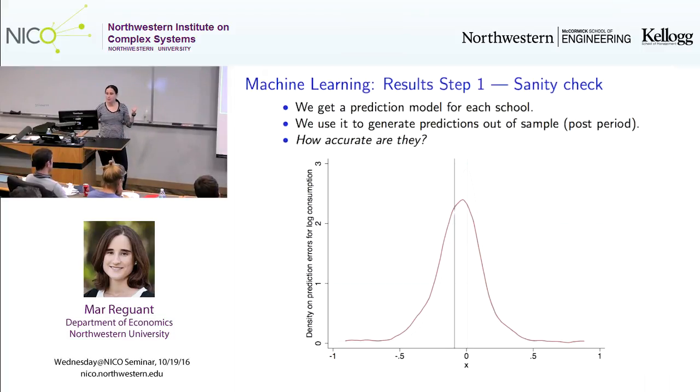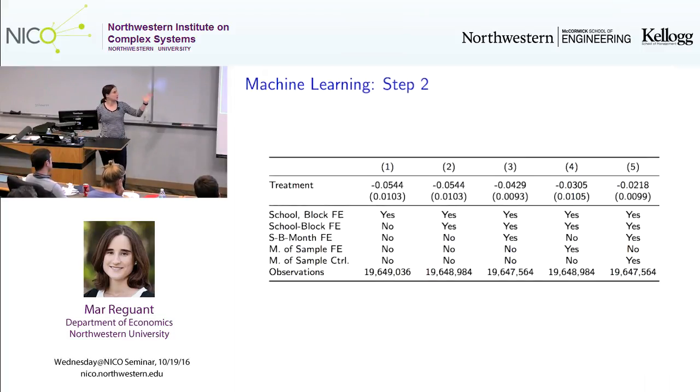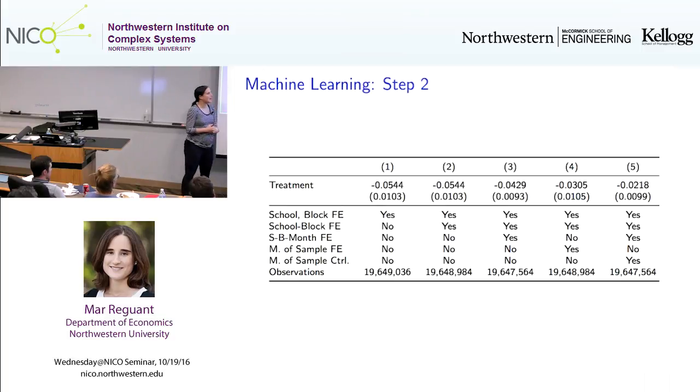Now what we will do is put this distribution of errors into a regression context. And what you can see is that the estimates are now between 5 to 2%. Importantly though, you can see that it still matters whether we control for more stuff or less. And this is not surprising because, as we mentioned, these are schools that are not selecting into these things randomly, and there might also be confounding trends. So it's still important to control for some common trends. And this is what the month of sample control is doing. This is a time trend. But overall, we find that the estimates are comparable to before, although slightly bigger.